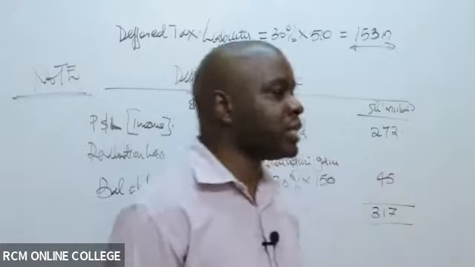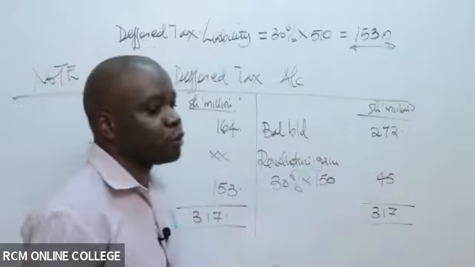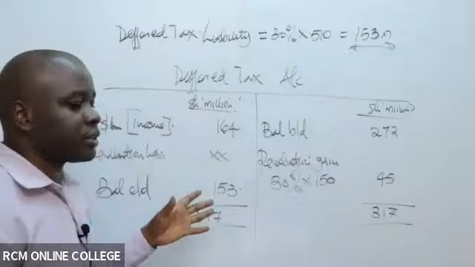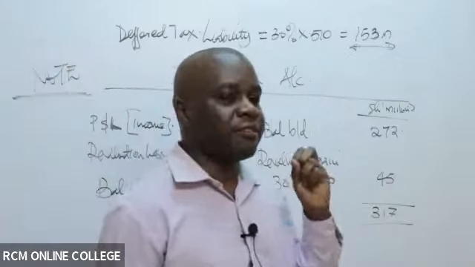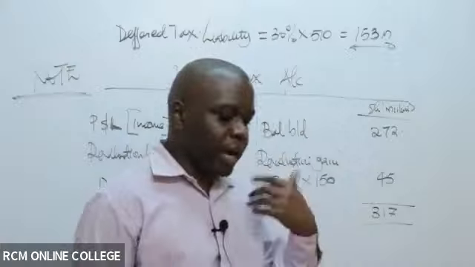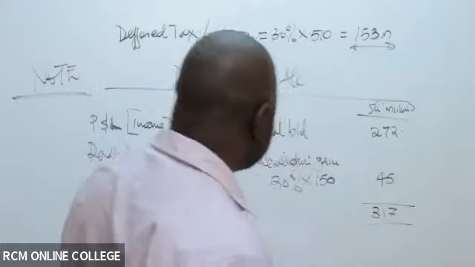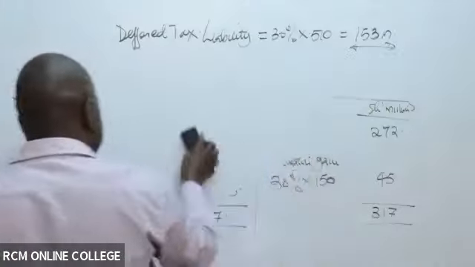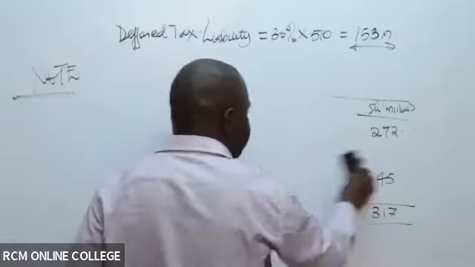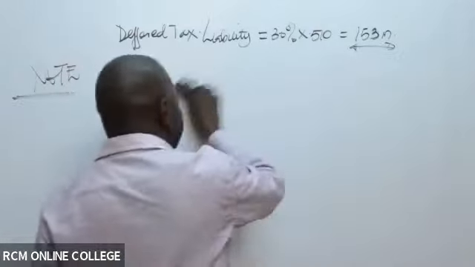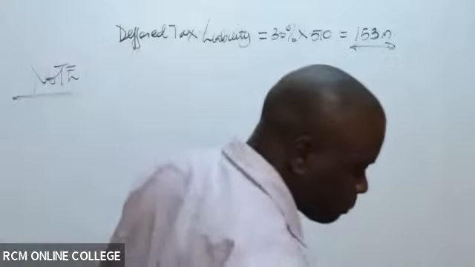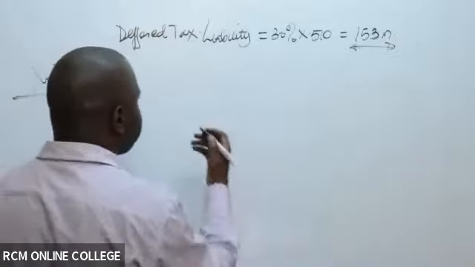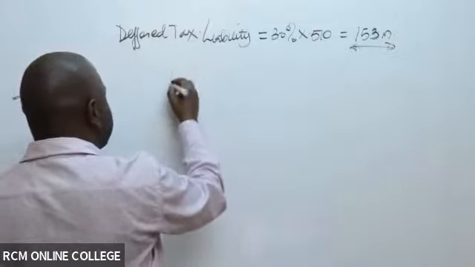It doesn't consider provision for bad debts when computing the amount that is supposed to be taxed. Therefore, the essence of us looking into these matters concerning current tax and deferred tax is so we can finalize. Assume now you're looking at what would have been the tax expense. If you're preparing published accounts, the tax expense for the year